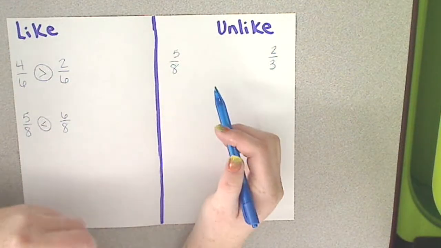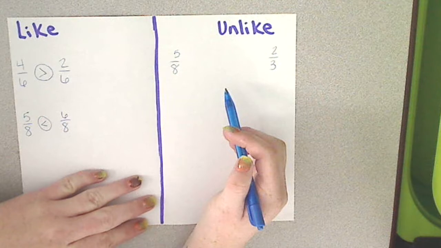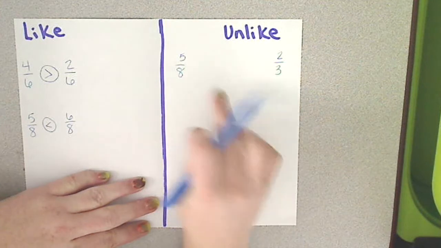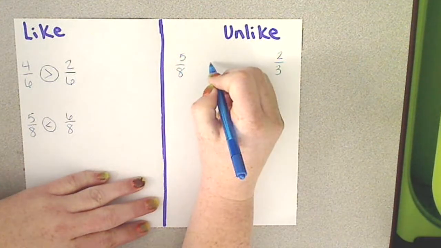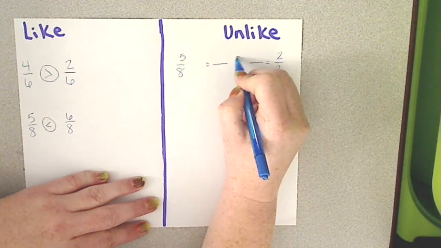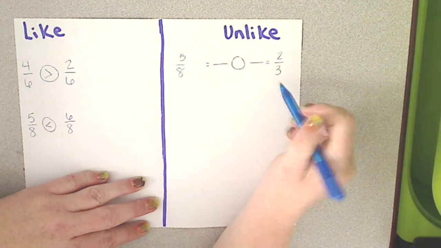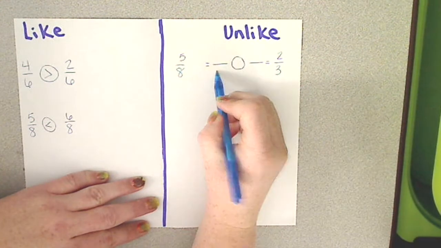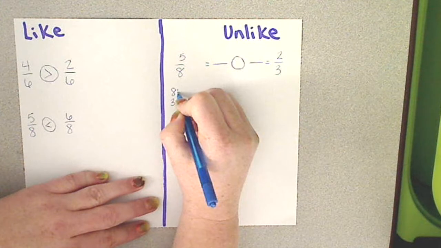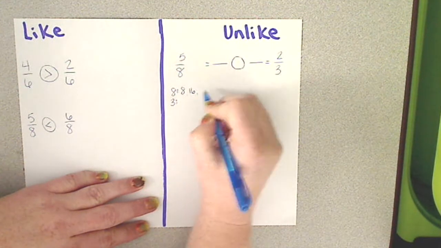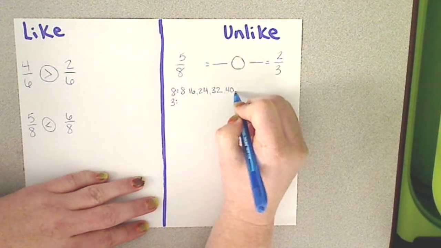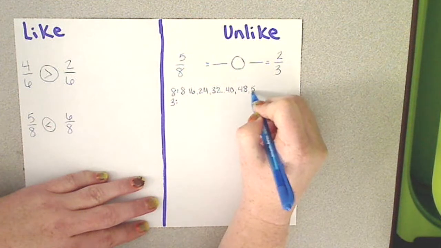So in this case, we're going to start with the traditional strategy of using the least common multiple in order to create a new denominator. So we're going to be multiplying or dividing these fractions somehow, technically multiplying, in order to create new fractions that have the same denominator. So I need to list the multiples of 8 and the multiples of 3. 16, 24, 32, 40, 48, 56,